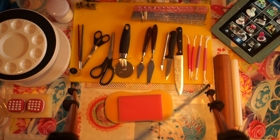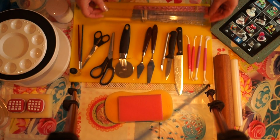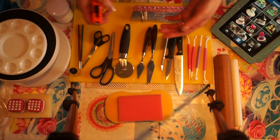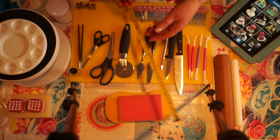I also use measuring tools while I am rolling out, so a ruler. If you're only doing a small piece of fondant, you may just want to measure it in inches, if you only need 10 inch, for example. If you're doing a bigger piece of fondant and it's, for example, an 8-inch cake, 3-inch high, you know you need 15-inch, you just measure 15-inch while you're rolling out, and then once you've got that, it's just pop it